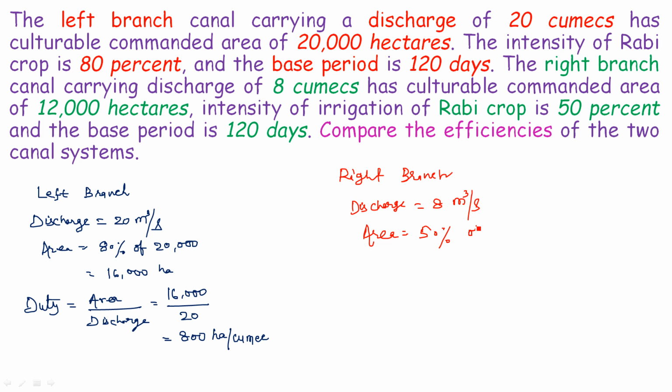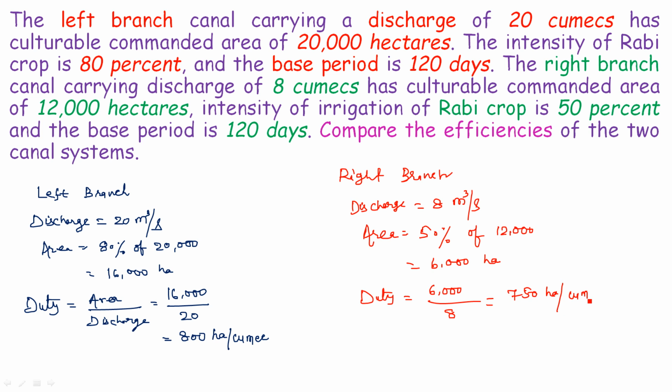50% of CCA. CCA is how much? 12,000 hectares. So it will be 6,000 hectares area. Now find the duty. The formula for duty is area by discharge. So area is 6,000 and discharge is 8 meter cube per second. So it comes as 750 hectare